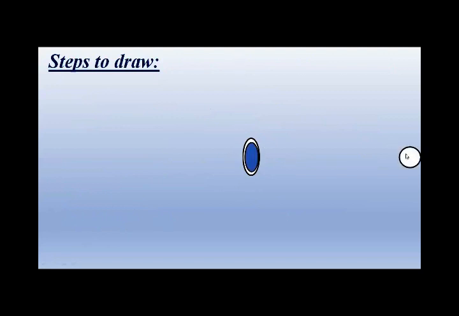How can we draw it? There are some steps. First of all, you will draw a small oval for drawing the objective lens inside it. This one is the planet at the first corner. You will join it with a slant line, and it will look like a triangular shape.